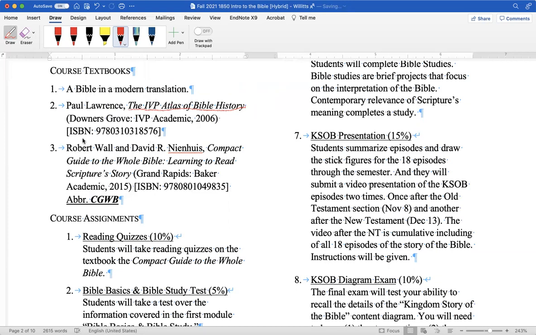Second textbook for our class is by Wall and Nienhuis, the Compact Guide to the Whole Bible. Compact Guide to the Whole Bible. I abbreviate it as CGWB in the syllabus, so I don't have to write out the Compact Guide to the Whole Bible all the time. So those are the two textbooks, really 1 and 2,